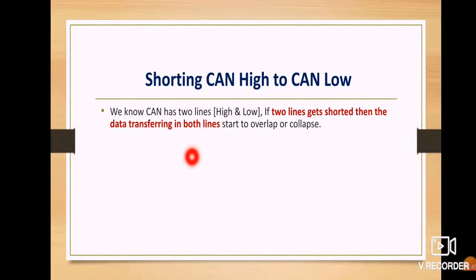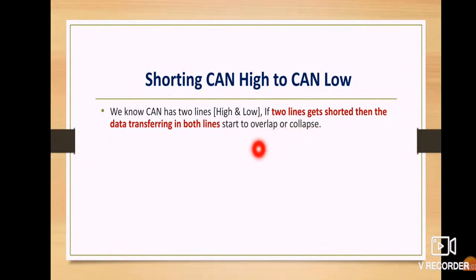Say I'm one piece of wire transmitting 1111, and you are another piece of wire transmitting 0000. The data will mess up, like 1010. So that is a form of error. That is the overlap condition, or the collapse condition. So in that way,